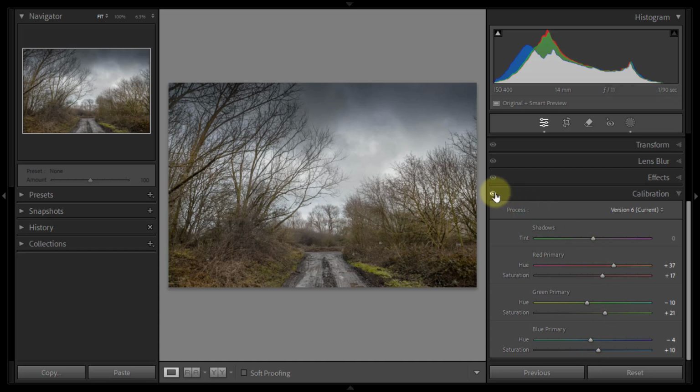So let's come up to the eye symbol for that calibration tool. And that's what I had. That was already warming up slightly from what I started off with, and then that's what the calibration tool has given me, and I'm very happy with that, because now we've done this, we are now going to go on